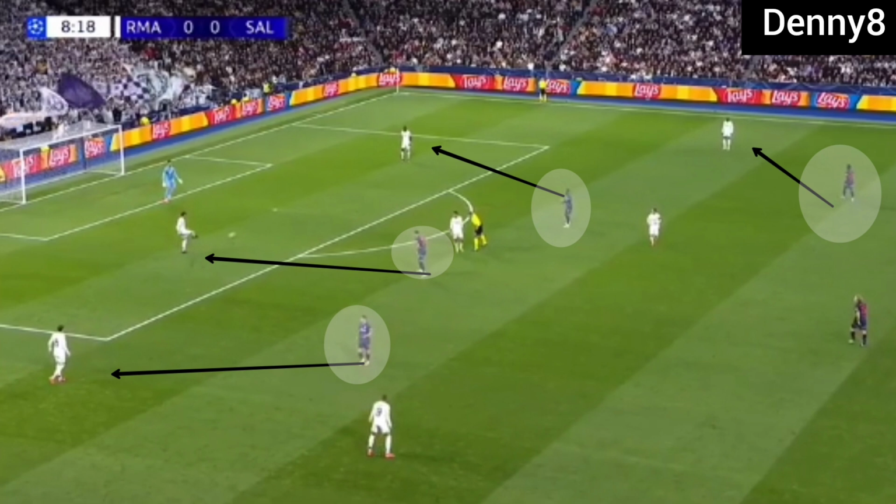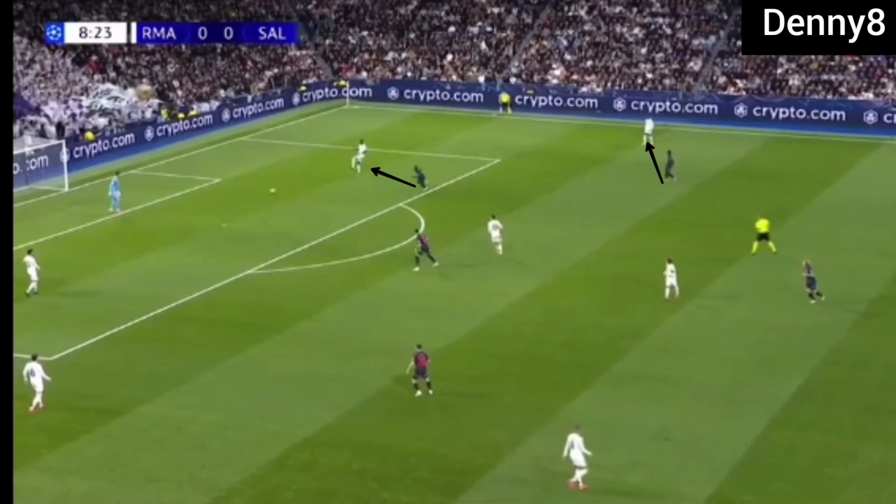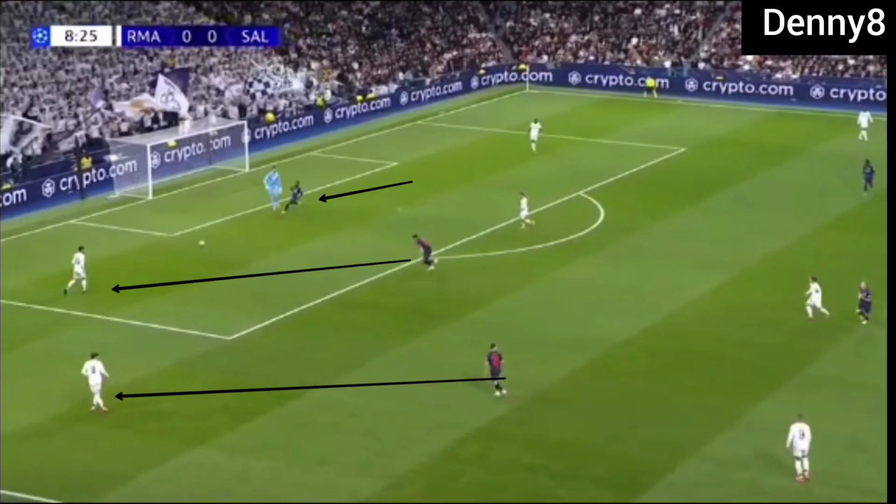Now let us see how Salzburg was pressing when the ball was active. When the goalkeeper was starting the game with a short pass, Real Madrid's goalkeeper was playing a horizontal pass. As soon as the ball was active, Salzburg's frontman was ready to press. Real Madrid's fullback was under pressure from Salzburg's wide midfielder, so one centre back was playing a pass to the other centre back. As soon as the ball went wide, Salzburg was doing a lateral pass. The problem with the lateral pass was that Real Madrid was being forced to take the ball to the wide zone.